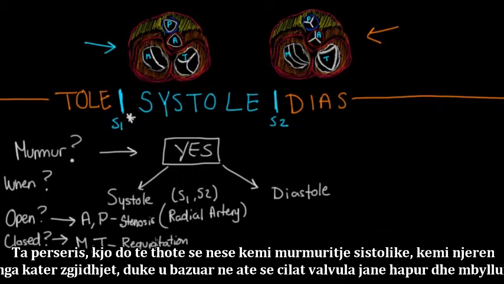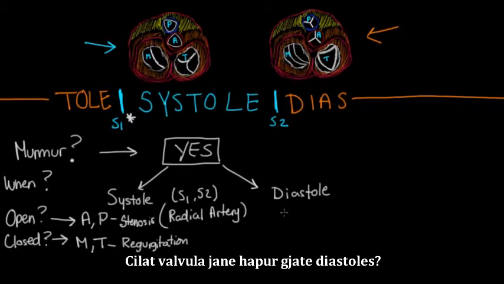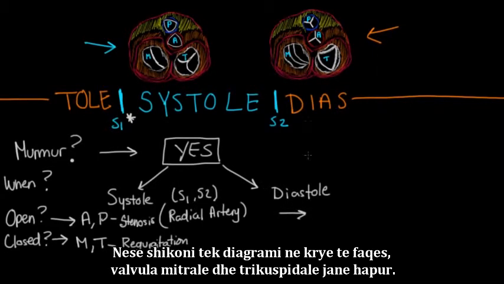And so just to reiterate, this means that if we have a systolic murmur, we have one of four choices based on which valves are open and closed. The same thing can happen in diastole, and we'll ask ourselves the same questions. So which valves are open during diastole? Well, if you look at the correct diagram at the top of the page, the mitral and the tricuspid are open here,